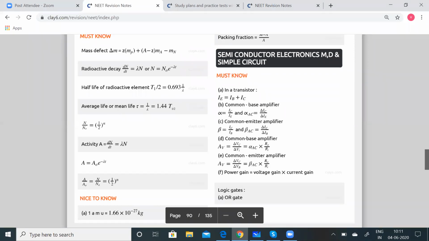Now coming to the p-n junction. A p-n junction is a single crystal of germanium or silicon doped in such a manner that one half of the portion is going to act as a P-type semiconductor, and the other half will function as an N-type semiconductor.